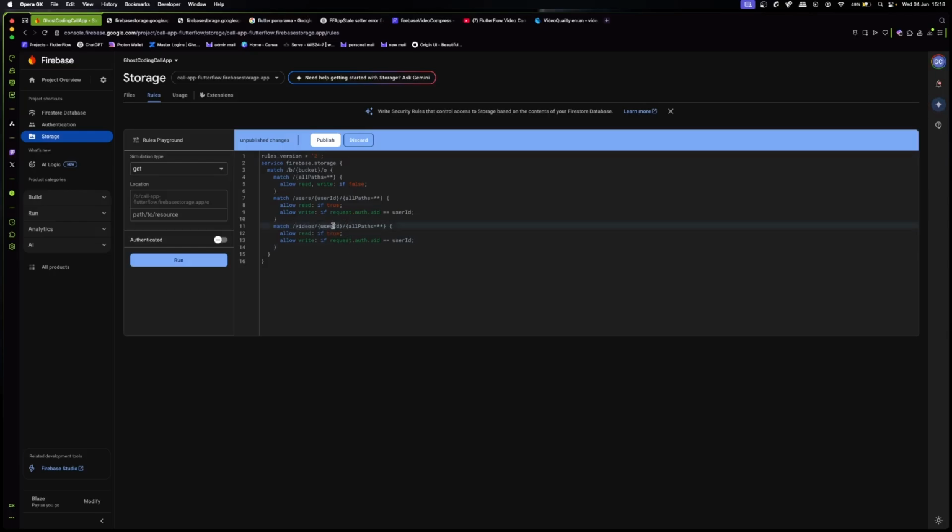So each user will have their own folder inside the videos directory, and then just put it as all paths, whatever the case might be. Or you can perhaps associate this with a video ID, or collection ID, depending on what you are doing. Now, that's how you will update your rules. Then you just specify allow read if true, otherwise allow write only if the user ID or the video ID or collection ID is true, right?